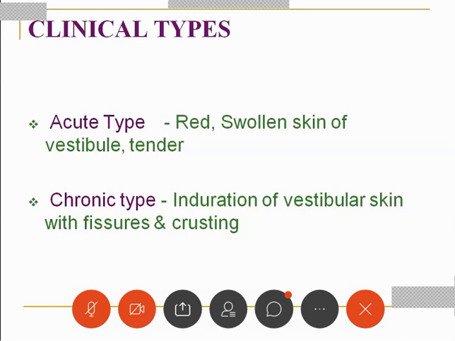He gets irritated and constantly scratches that particular area of the nose. It leads to constant crusting, dryness, fissures, like small creases and fissures over the inside of the tip of the nose,